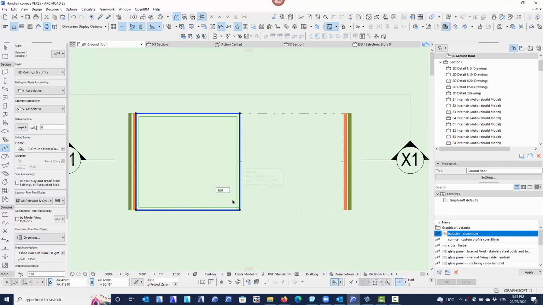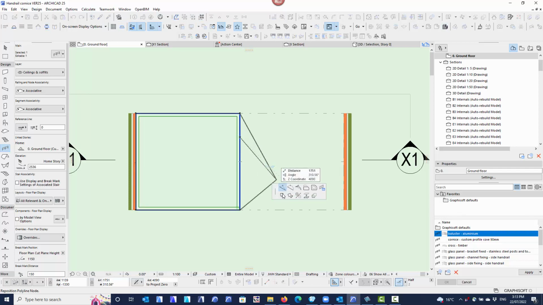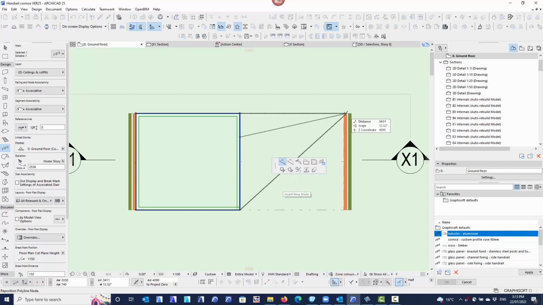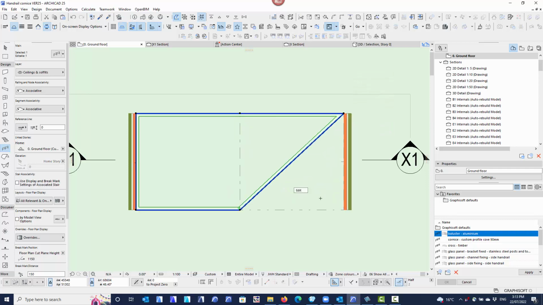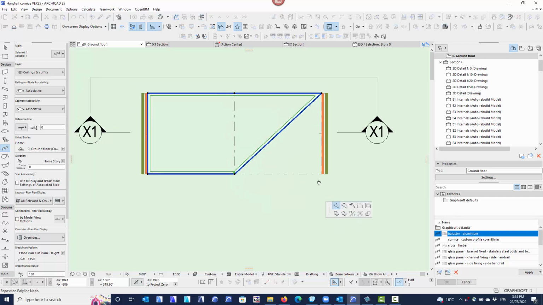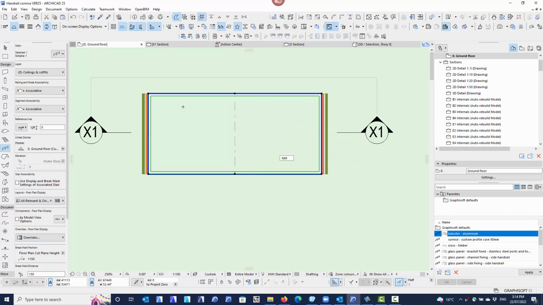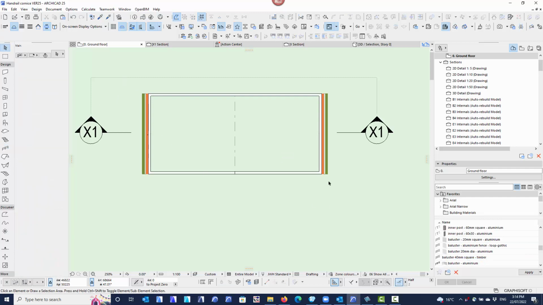All I need to do now is to grab that object, and it's just like any sort of perimeter. I can add nodes, and I want to add a node there, and I want to add a node down to this corner here. And that's now simply stretched my railing around. It starts here and goes anti-clockwise and it ends at the same spot. Being that it's all associative, when I look at this now in 3D, what you'll find,